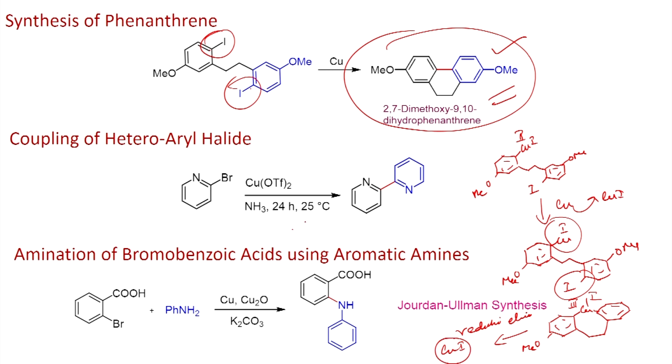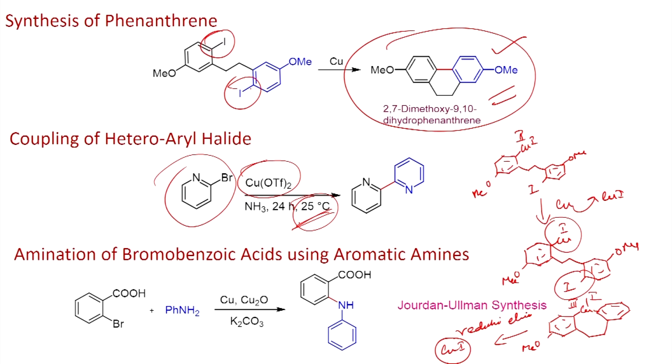So, the next example involves reaction of 2-bromopyridine using copper triflate. This reaction has been shown at room temperature. If you look at the traditional Ullmann coupling reaction, which has been carried out above 150 degrees Celsius using copper, you can now carry out the reaction at moderate temperature using different copper sources, usually copper complexes with a ligand system. So, the catalytic activity of the copper has been significantly improved, so you can use it as a catalyst. This can be carried out at moderate temperature.